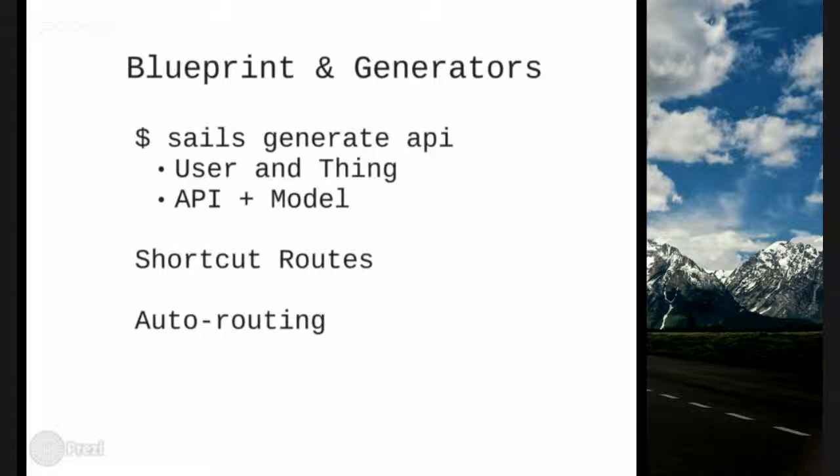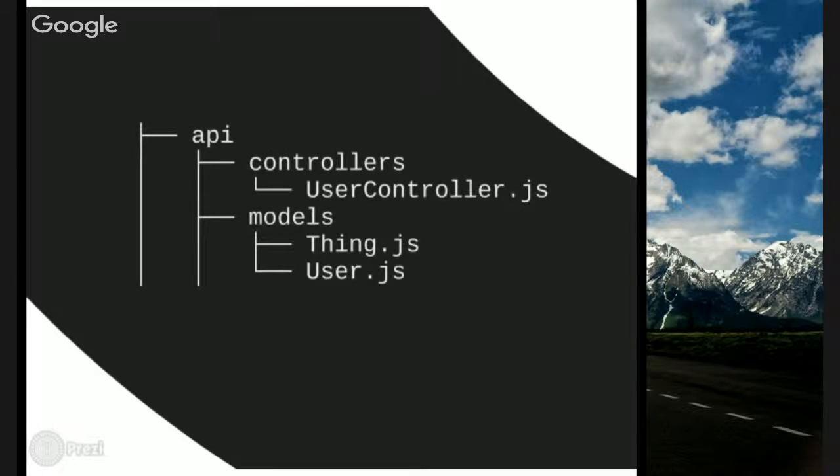Auto-routing is kind of standard across all of the controllers and those frameworks. You have an action inside your controller. It's auth controller, you go to auth/action. It's all built in when you generate a controller or API, in this case I've generated a user API and